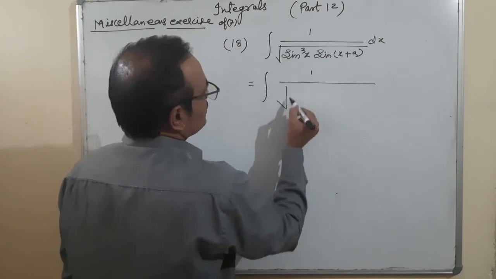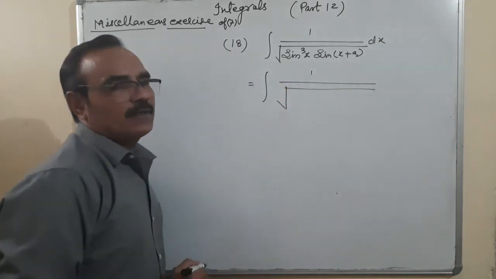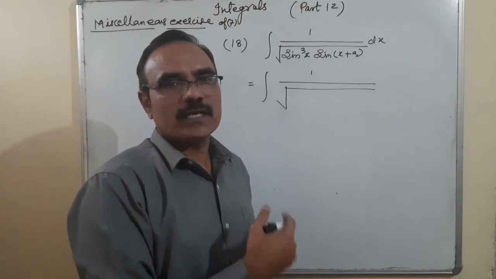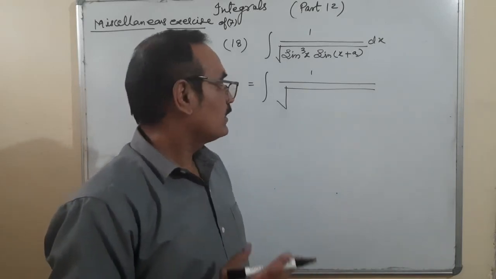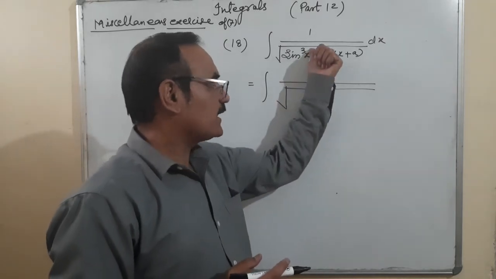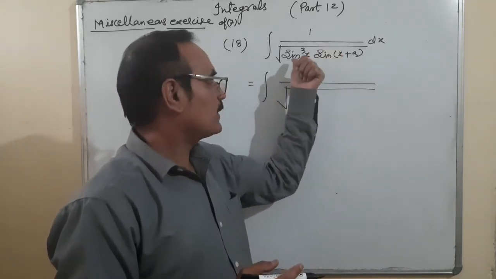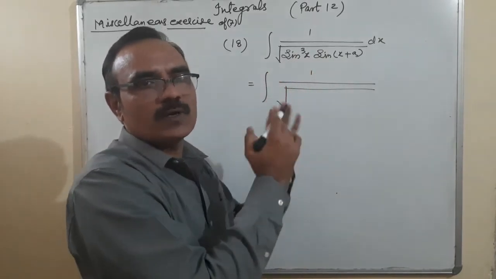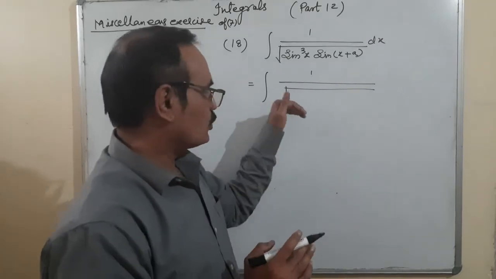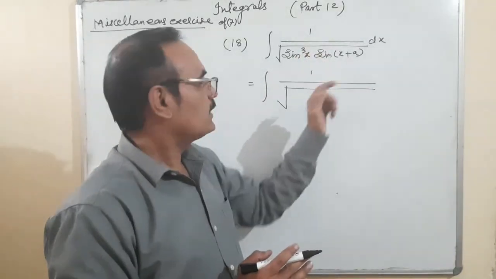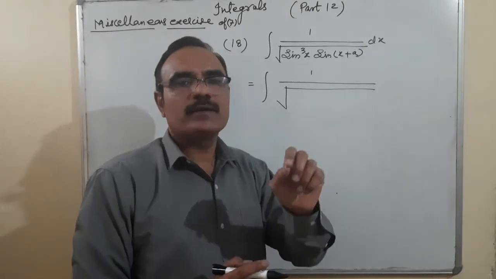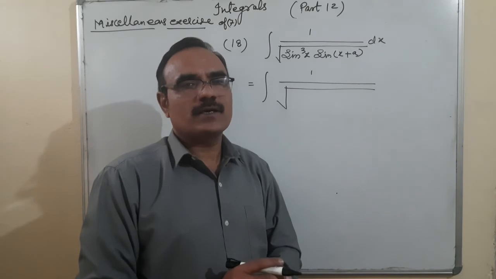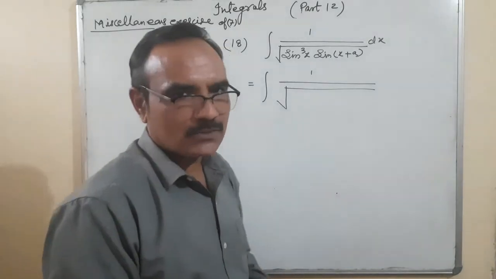Very specific term. If you take sine cube x outside of the root, sine x comes outside and one sine x remains inside. So it is better to multiply and divide by sine x inside the root so that it becomes sine to the power 4 x. When sine to the power 4 x comes out from the root, it becomes only sine square x, which shifted outside is cosec square x, and inside the root we will make a cot x, because you know that the differentiation of cot x is minus cosec square x.